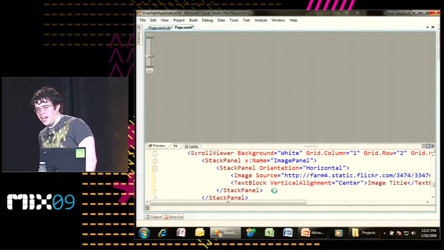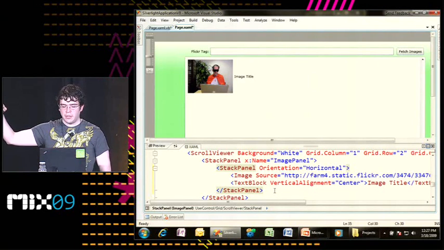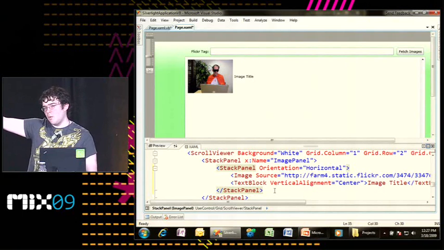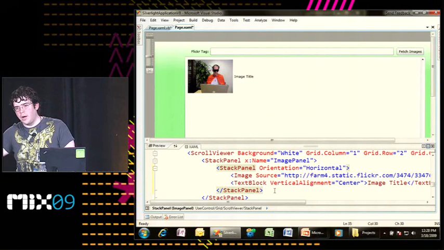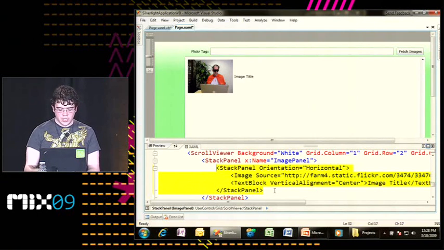But basically, yeah, there we go. You see Scott Goo. We're basically pulling in now the image that we care about plus a text block. And this is going to be the template that I want to use for each of the images that appear. I want to put a whole set of these down in my scrollable area. And so to do this, I'm going to take this now, cut the stack panel,